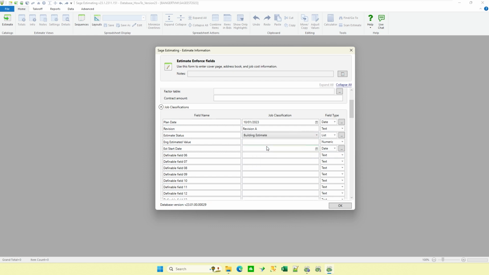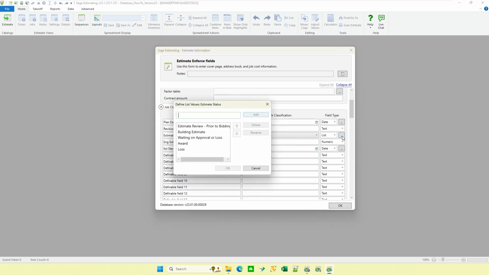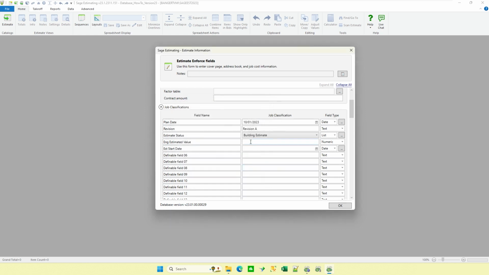Yep, I'm just starting to build this estimate. And same type of thing, I should be able to go to the three dots there and create a new one if I need to add a new status for some reason. Let's see, we had a dollar amount, so maybe they said this is some sort of a dollar amount there. And let's go and pick another date here. So let's say the estimated starting date on this is going to be that.